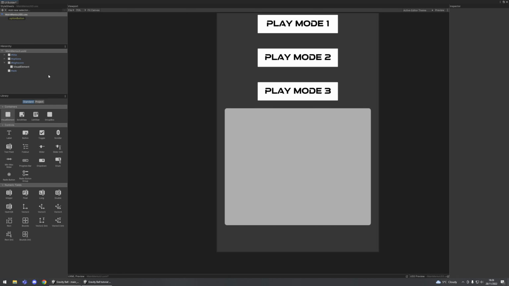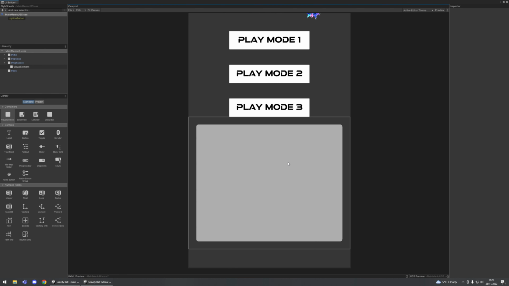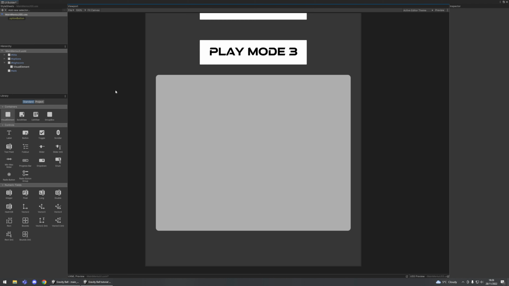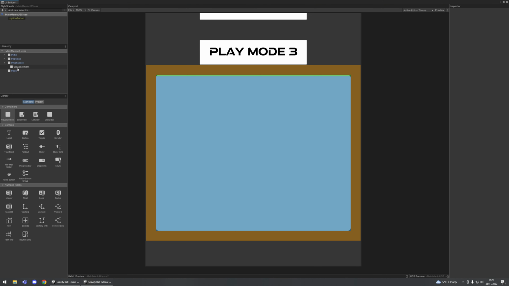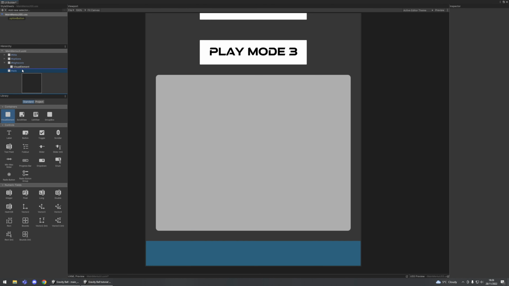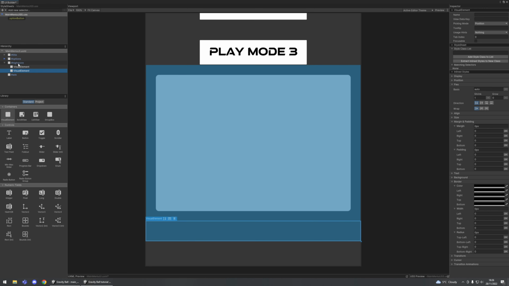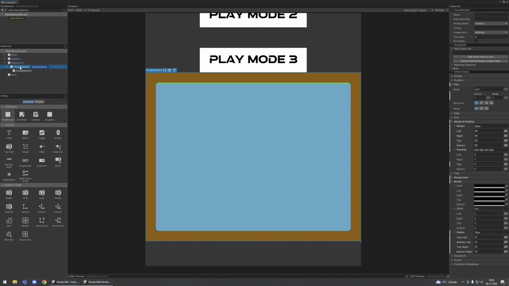Very similar to how Unity works with prefabs, we can do the same in UI Toolkit. To do that, we drag another visual element, and we call it a visual element under visual element, because we're using this one as